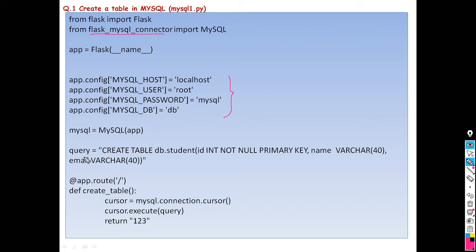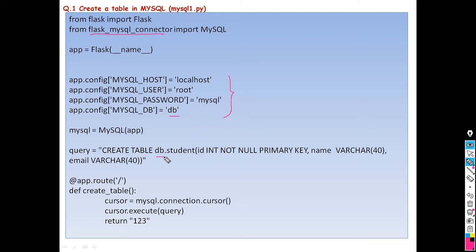You should enclose this query within a pair of double quotation marks. Here is the beginning of your query and here is the end of your query. What type of query do we want to execute here? Create table. Now, the name of the database here is db.